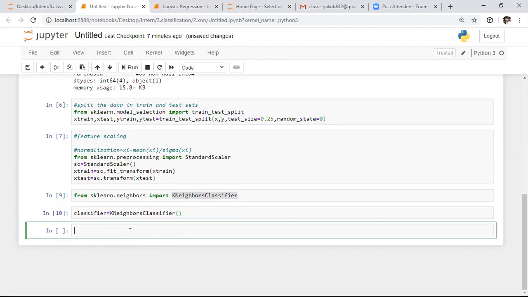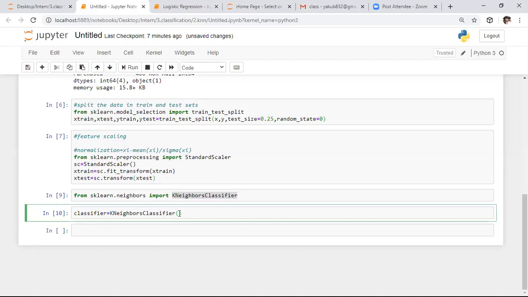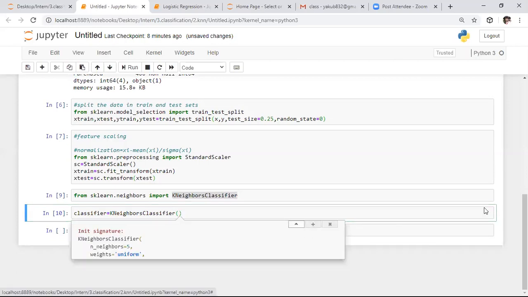Here I want to know all the features of this k nearest neighbor classifier object. To know the information regarding any object, we press the Shift+Tab button. Whenever you press Shift+Tab, it gives the entire information regarding that classifier.